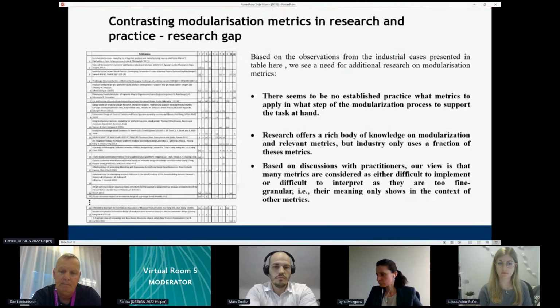Research offers a rich body of knowledge on modularization and relevant metrics, but industry only uses a fraction of these metrics. Based on discussion with practitioners, our view is that many metrics are considered either difficult to implement or difficult to interpret, as they are too fine granular.